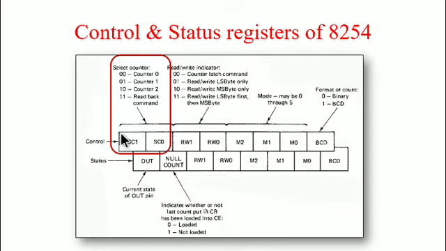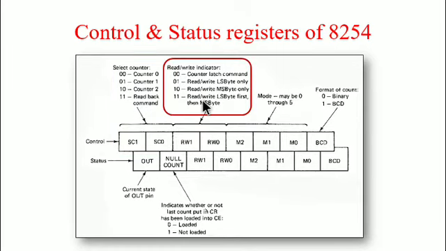Likewise, 1 1 is illegal for this operation. 1 0 means select the second counter. 0 1 means select the first counter. Next, what about